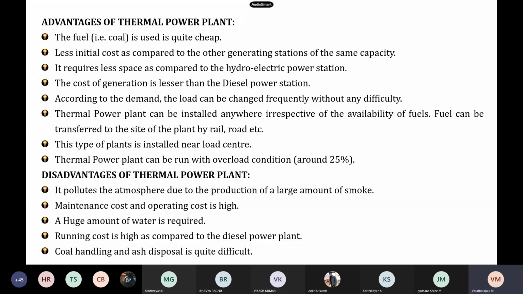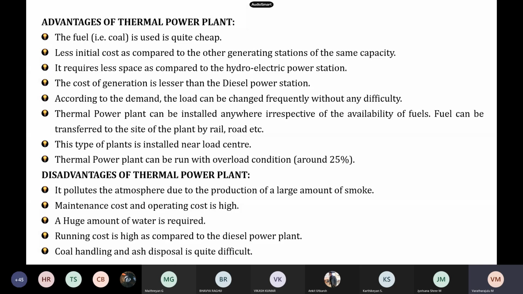The pollution: burning coal in the plant produces smoke. The smoke is exhausted through the chimney into the atmosphere. This causes air pollution. And the life of the plant is hardly 30 to 40 years, compared with the life of the hydroelectric power plant, and it is very low. And the efficiency of the plant decreases to less than 10% after its life period. And that was the major issue.